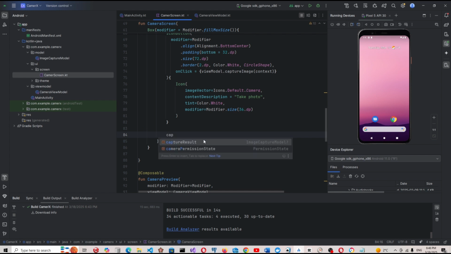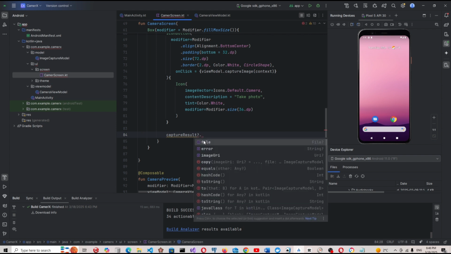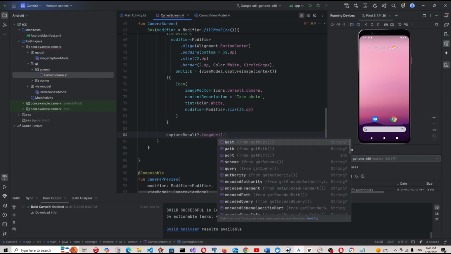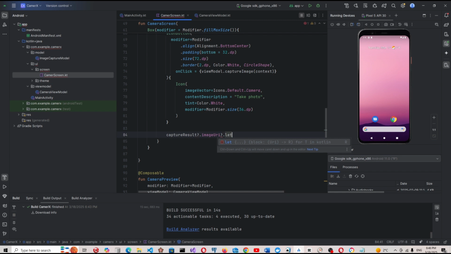The capture result is nullable, and we check it. We check if it's not null. So this image URI, and if it's not null, we say URI goes to